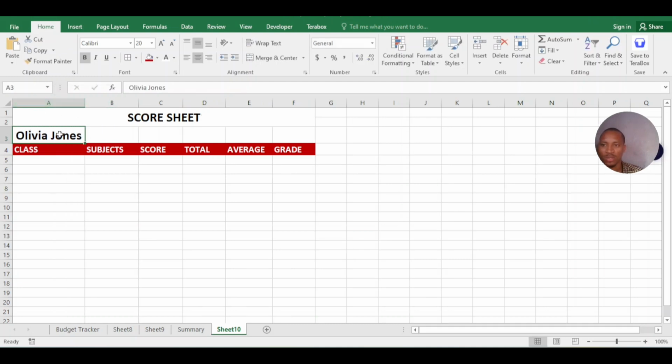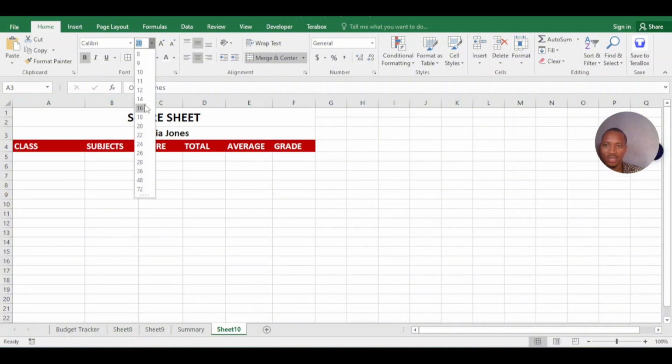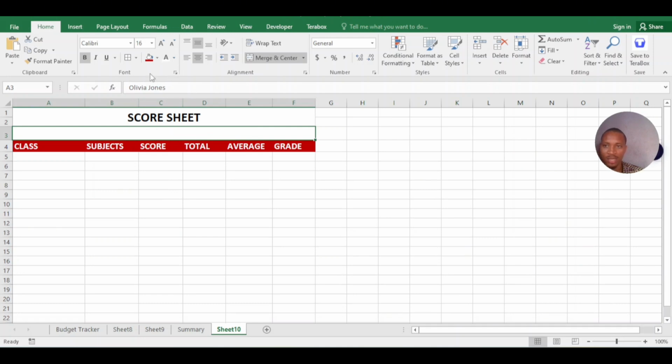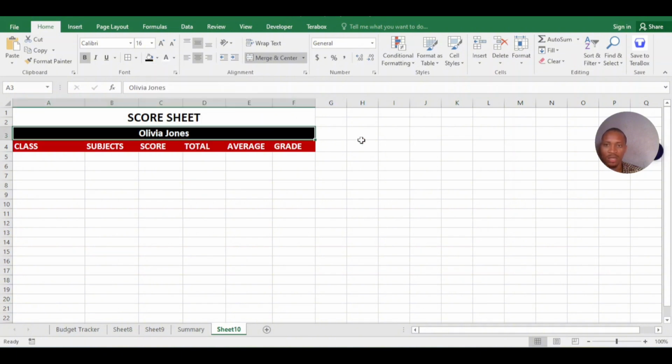So we click this so it will expand. So now on Olivia Jones, we are going to drag down to the grid and click Merge and Center. Let's reduce the font. So let's say 16. Yeah, 16 is better. Let's change it to white and let's change the fill color to black. Let me use black. Click on black. So we have our score sheet, Olivia Jones,